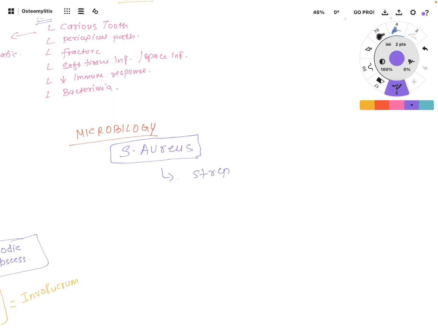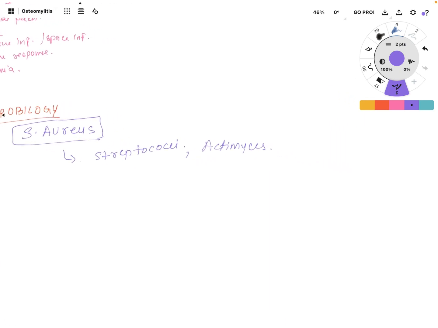which is also very common in multiple periodontal lesions, and actinomyces. It also creates osteomyelitis. It's a very separate category for these kinds of osteomyelitis. We will discuss them in a separate lecture. And there is also tuberculosis. There is a variant of osteomyelitis which is caused by tuberculosis, also known as tuberculous osteomyelitis. We will discuss them also in a separate lecture. Basically, your M. tuberculosis,